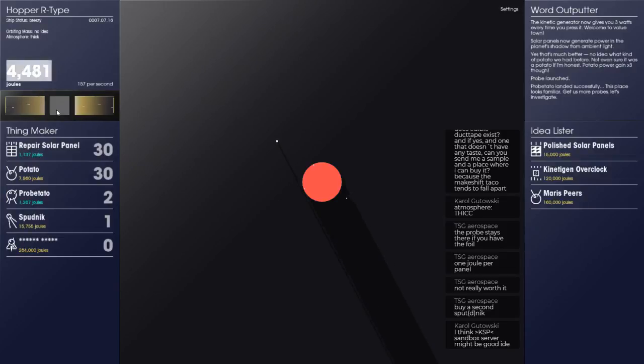I think now that we've got those round numbers on the potato and solar panels, we could probably just leave them for now and start concentrating on the higher things. What does this actually give us here? 8 joules per second, more when we're falling down, but 8 joules per second is... It's not 42, is it?